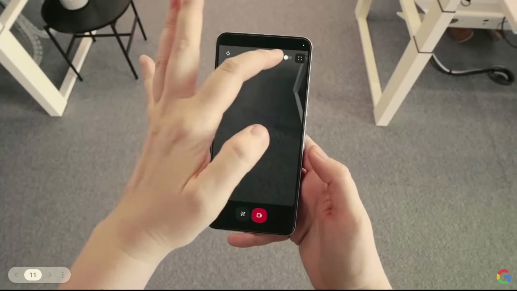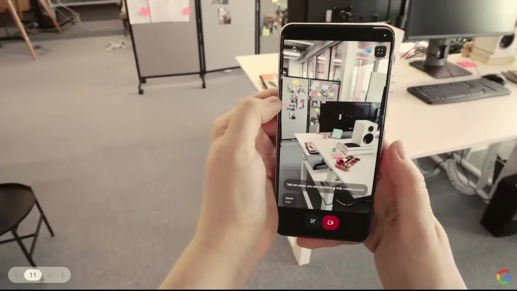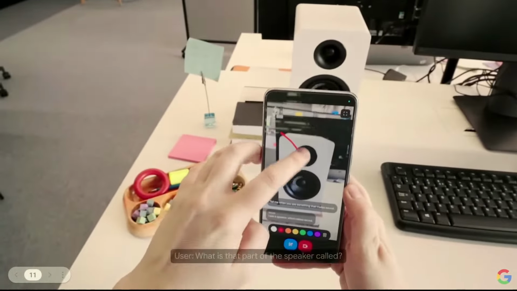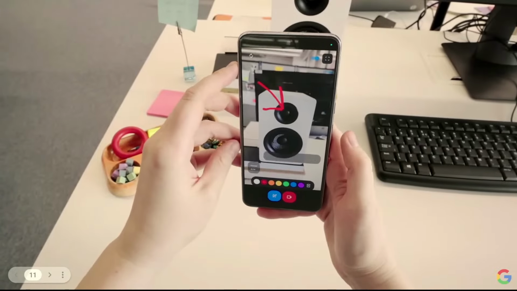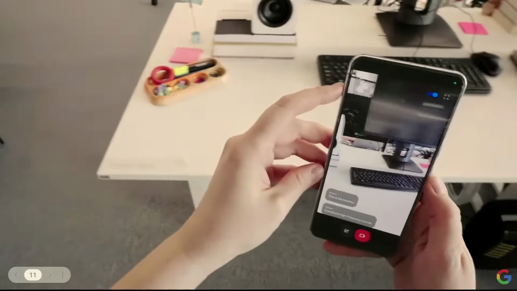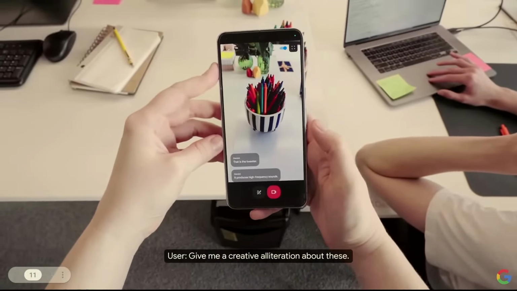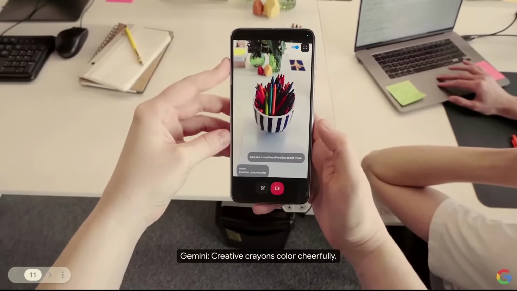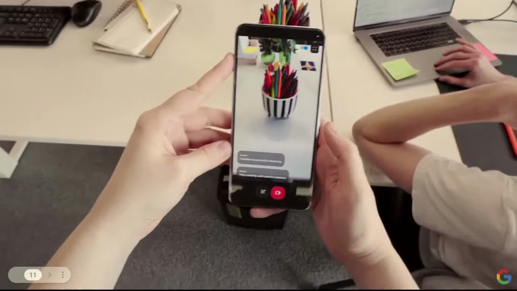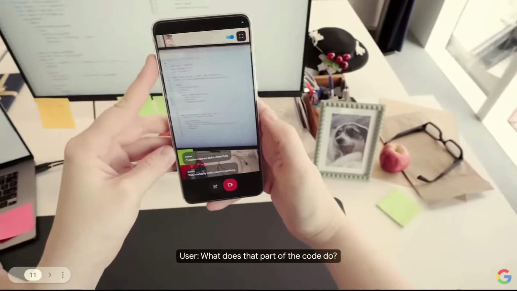Okay, let's do some tests. Tell me when you see something that makes sound. I see a speaker, which makes sound. What is that part of the speaker called? That is the tweeter. It produces high-frequency sounds. Give me a creative alliteration about these. Creative crayons color cheerfully. They certainly craft colorful creations. What does that part of the code do?